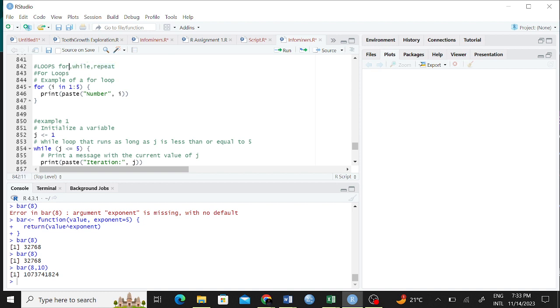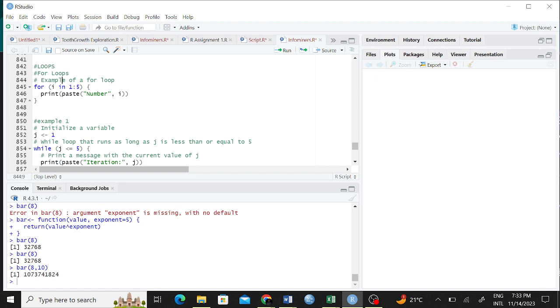In the examples I've given for and while, repeat loops I'll even share with you content here and there to refer to. But it's not different from what we have covered. We'll just maybe write a simple example of that. So loops: for, while, and then repeat. There are those three things that you can use.